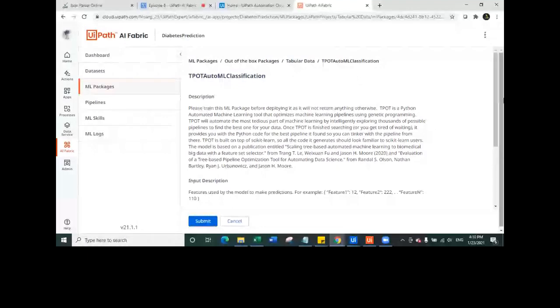Now, how does this model exactly work? So what is the input format? The input format is tabular data. Let me show you a very quick example of the input format. So let's say I have this data here, okay? In this data set, you can see,